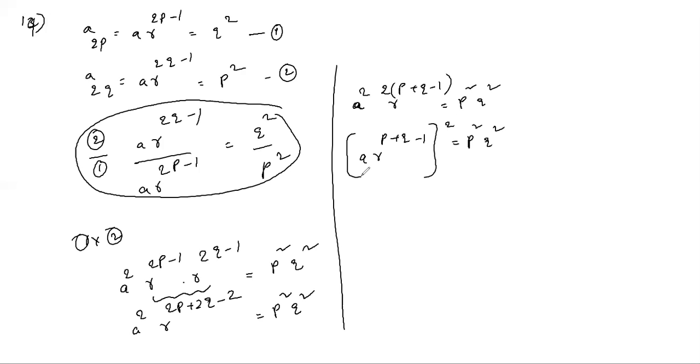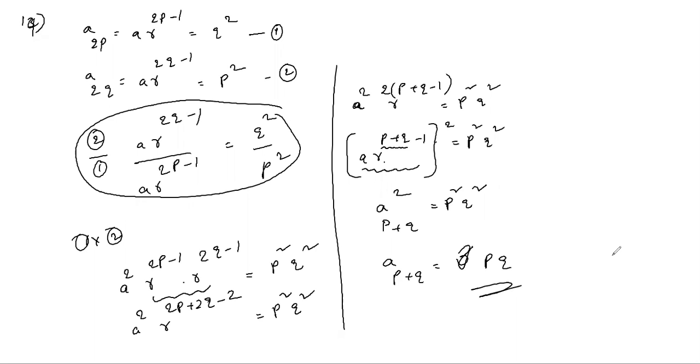What about this? A into r power n minus 1, in place of n, what do you have? So a into r power p plus q minus 1, the p plus q term whole square, equals P square Q square. So the p plus q term is root PQ; the root will cancel the square, answer is PQ. Understand? Yes, sir. Thank you. Without solving for first term and common ratio, directly you take the product, so whole square you will get the p plus q term.